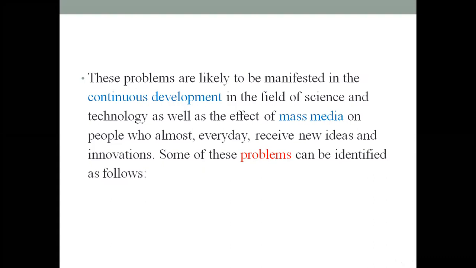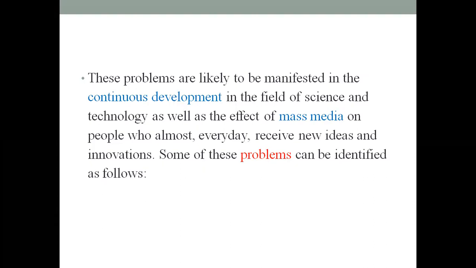Today, this is the second lecture in the introduction to technical and scientific translation. Last lecture we talked about the main definitions of technical and scientific translation. Then we highlighted the main differences between them and the differences between scientific and technical translation and other types of translation, which is